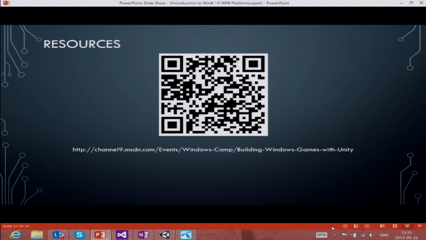And the last slide from me is just this slide. This is the only resource you need to remember. If you have a phone, you can take a QR tag of this. And this is a one-day